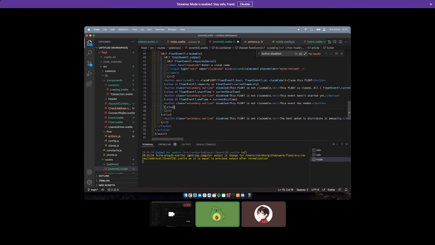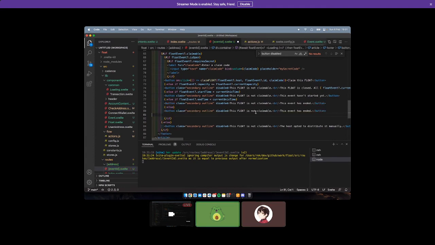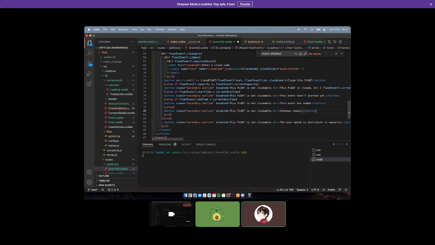Let's have a catch-all here as well, just to be safe. We'll just do "this was not cannibal. Unknown for now." Yeah. Okay. What we could do is we could say else if float.event.capacity, and because float.event.capacity will be like